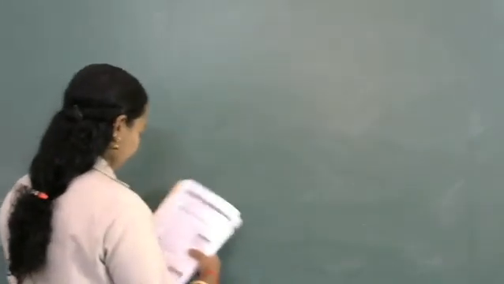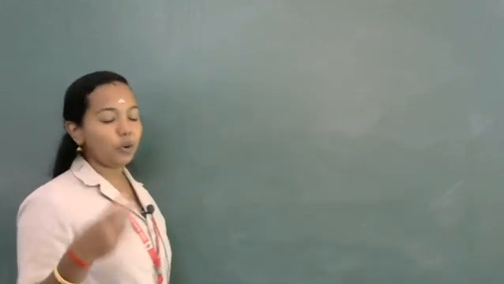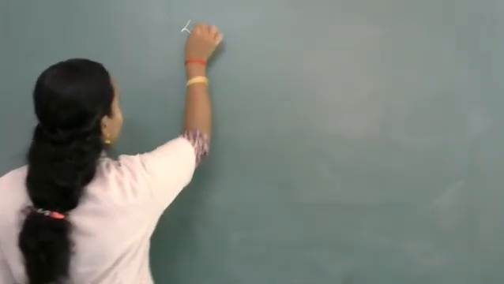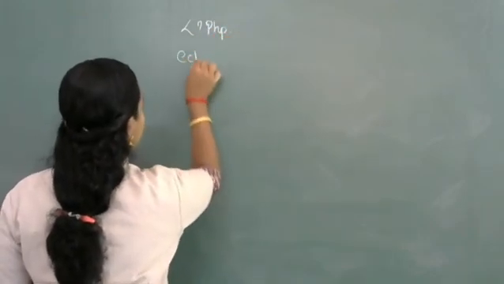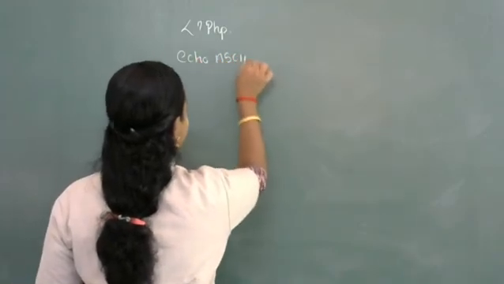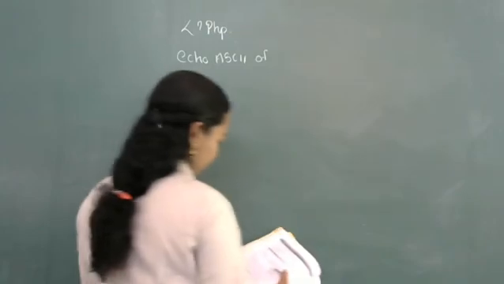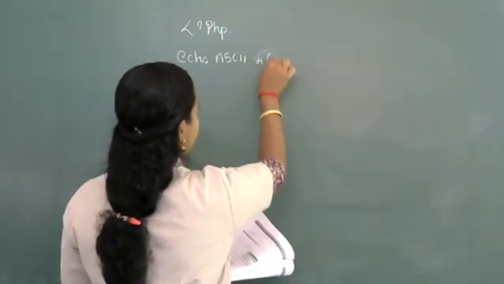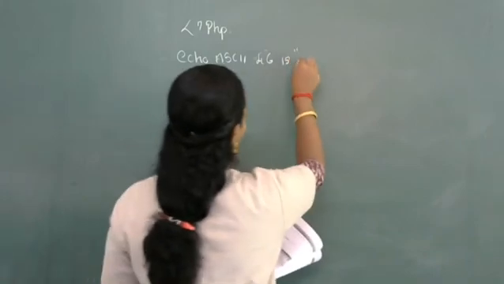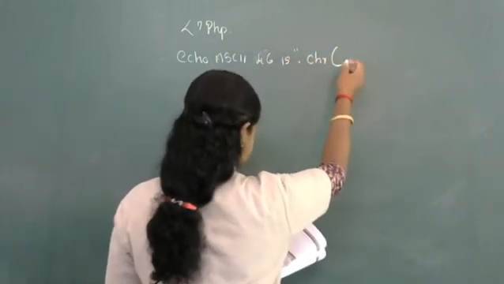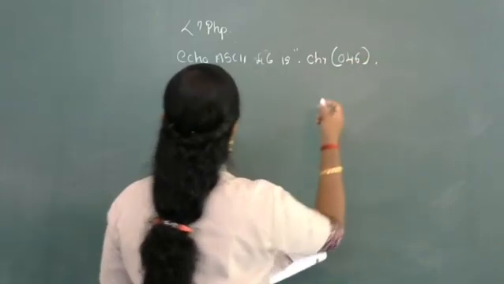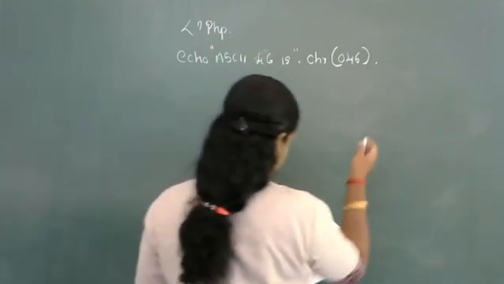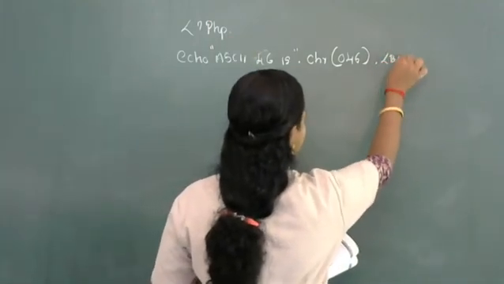Okay, I am going to include all these string functions into a single program. So the HTML section, I am not going to start with HTML, I am going to start with PHP. echo "ASCII 46 is " dot chr(046) dot "<br>";